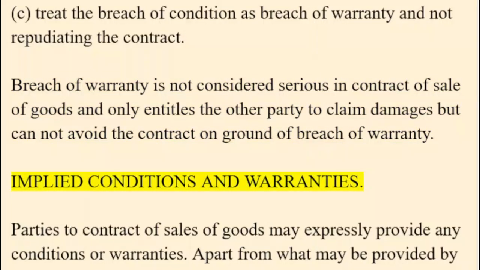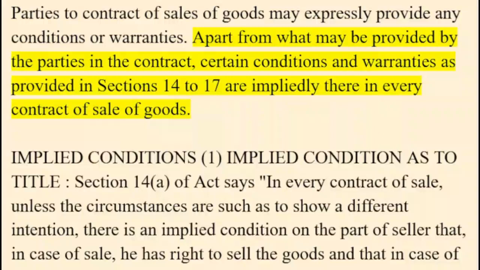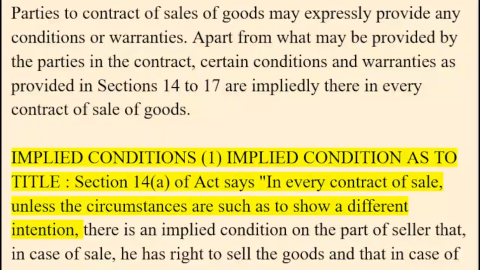Implied conditions and warranties. Parties to a contract of sale of goods may expressly provide any conditions or warranties. Apart from what may be provided by the parties in the contract, certain conditions and warranties as provided in Sections 14 to 17 are impliedly there in every contract of sale of goods. Implied conditions. 1. Implied condition as to title. Section 14(a) of the Act says, in every contract of sale, unless the circumstances are such as to show a different